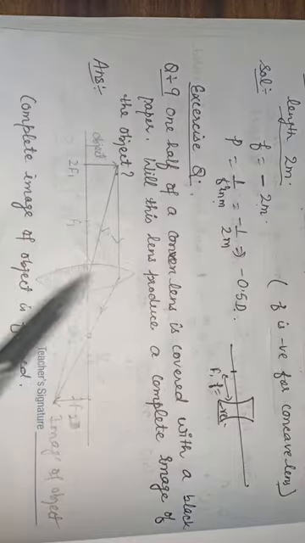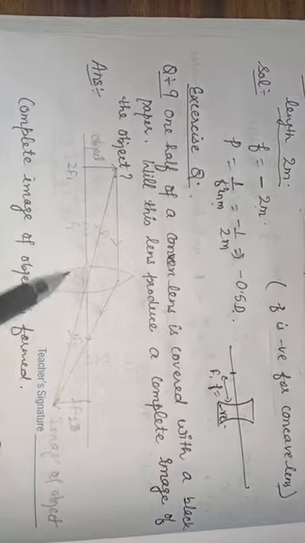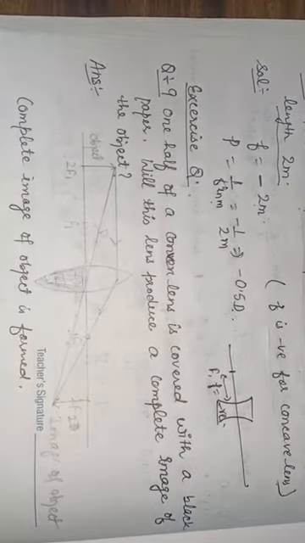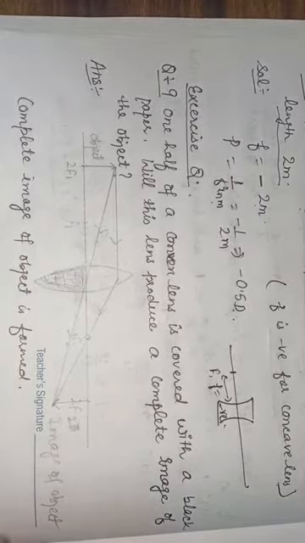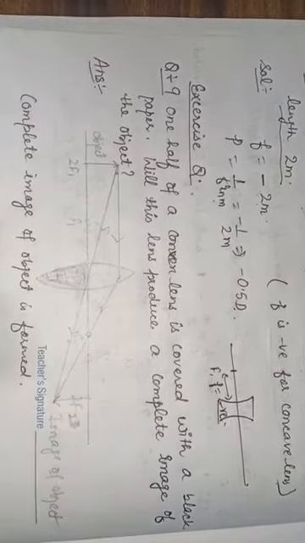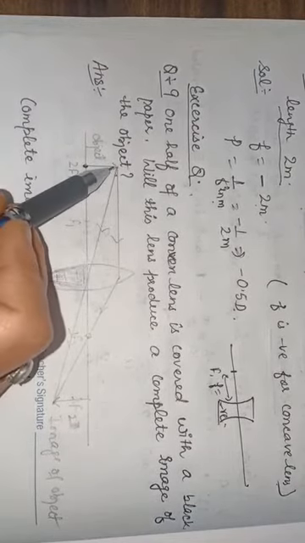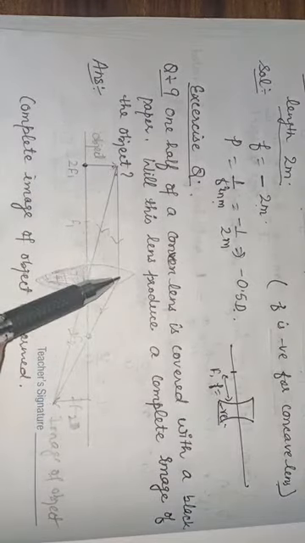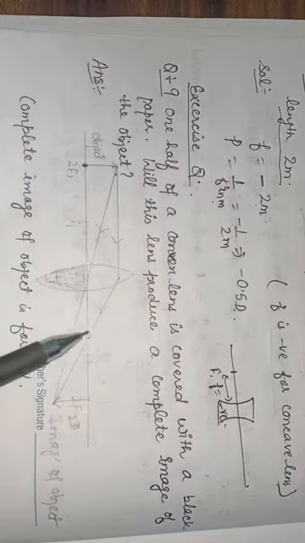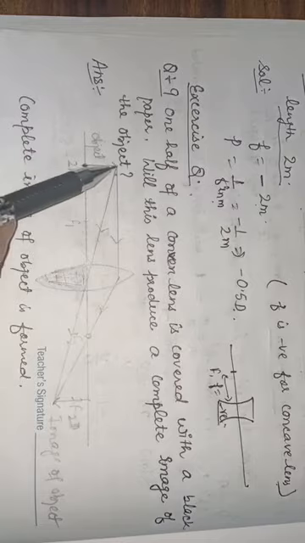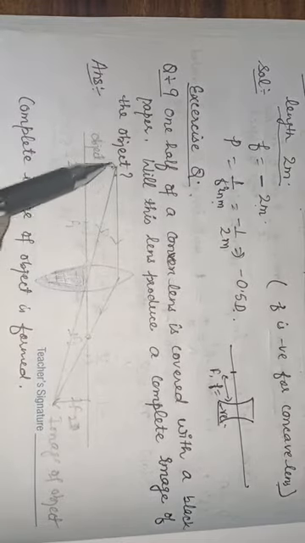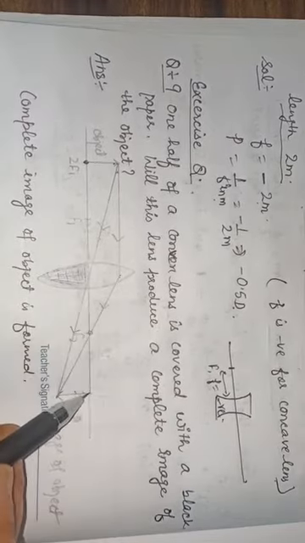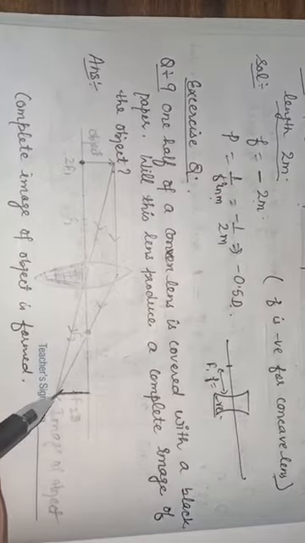So this is a convex lens, and this half portion of this lens is covered with black paper, as I have shown you in this way. Now anywhere the object is kept on the principal axis. Suppose for example I have kept the object at 2F1 and the image is formed at 2F2, because the first ray which is parallel to the principal axis, after refraction passes through the principal focus, and the second ray which is passing through the optical center also passes undeviated, and these two rays intersect at a point where the image is formed, and this image is formed at 2F2.